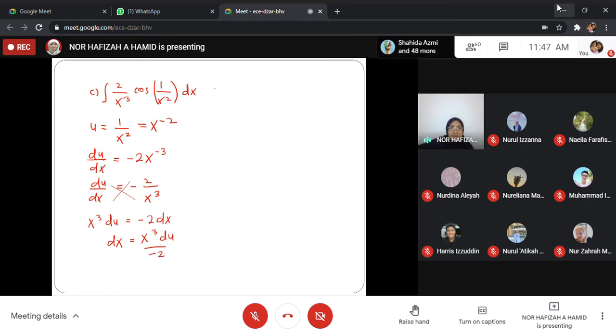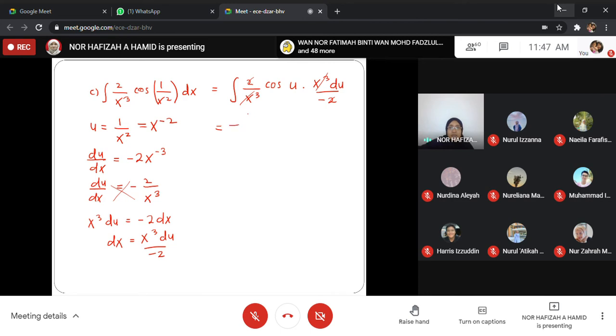Okay, so here the integration of 2 over x cube times cos u and times dx, which is x cube du over negative 2. Okay, after that you cancel the common factors. So cancel x cube with x cube and 2 with 2. Okay, so you will have